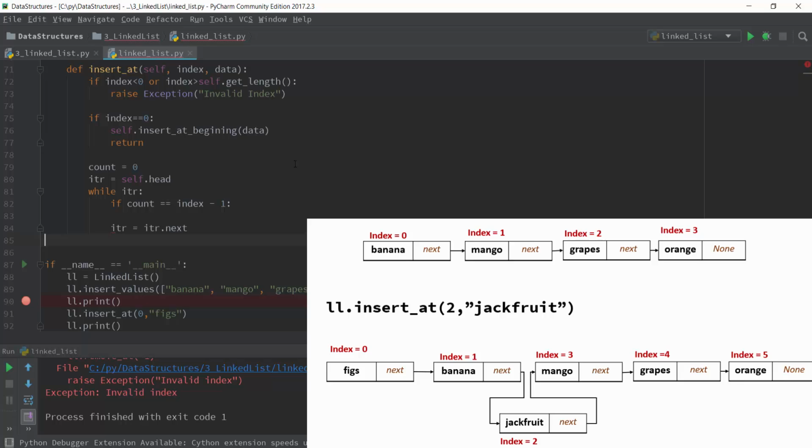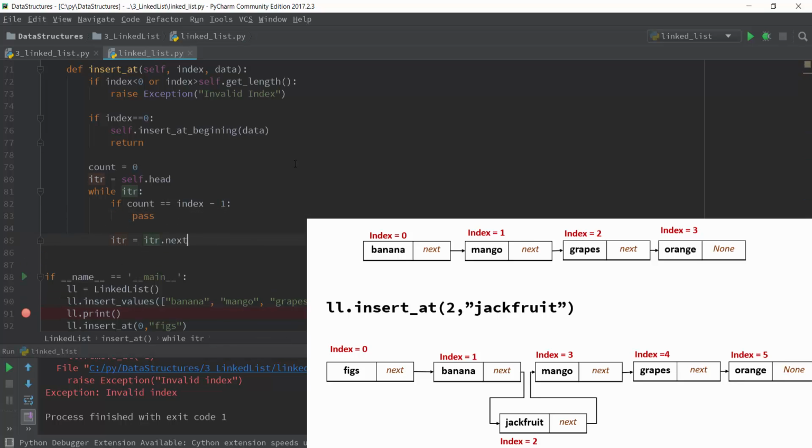Once you are here, and by the way, if we need to write some code here, but before I forget, because I did last time, I want to increment my count. Okay, all right, now what do we want to do here? Let's say you are at the element prior to the element that you want to insert at. In this situation,